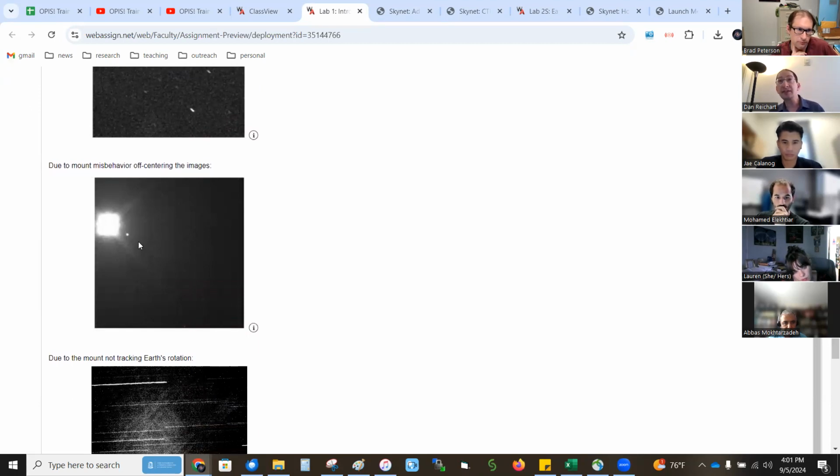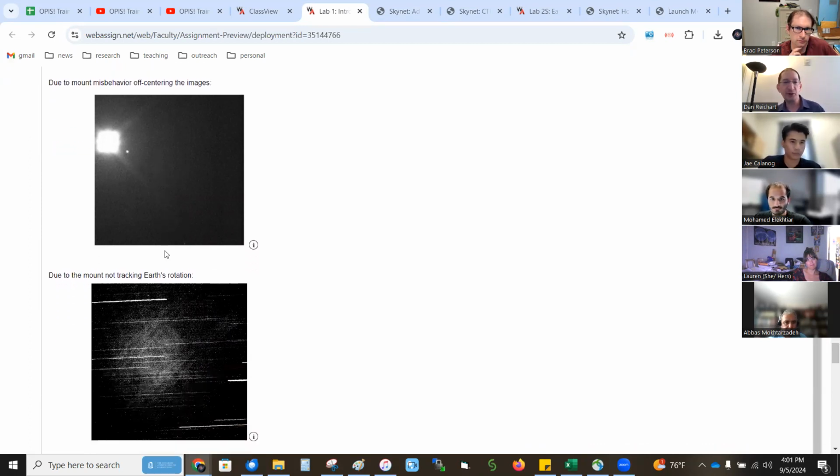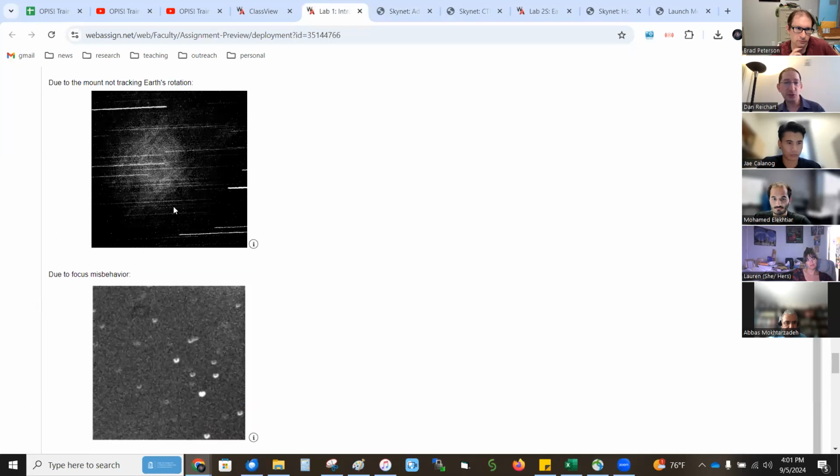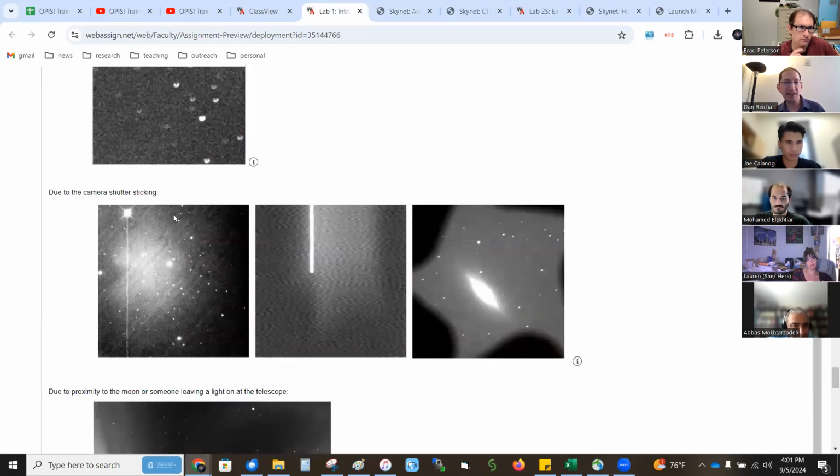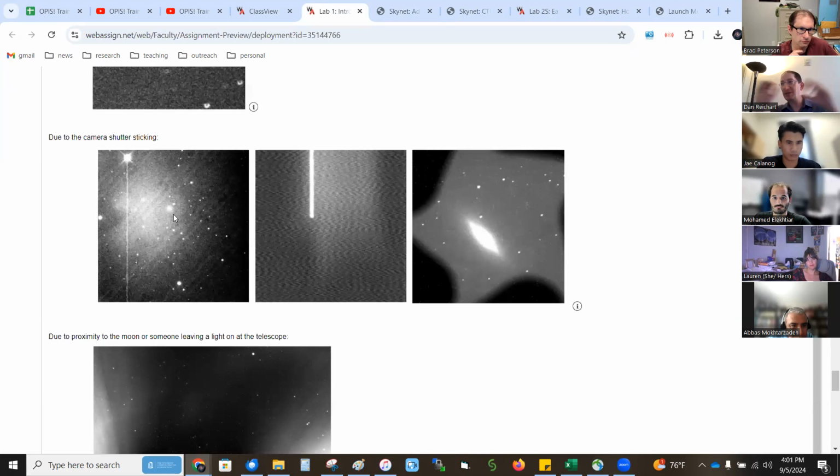Though with bright things like Jupiter, Saturn, Venus, we purposefully offset them from the center of the chip because bright objects will burn into your detector and leave a ghost for about 20 minutes. You can't get rid of it. Even flushing the camera can't get rid of it. Well, there are ways, but we try to protect that region for the professional users. Here's tracking stopped. It's out of focus. The shutter is the part that moves the most, so it breaks the most.